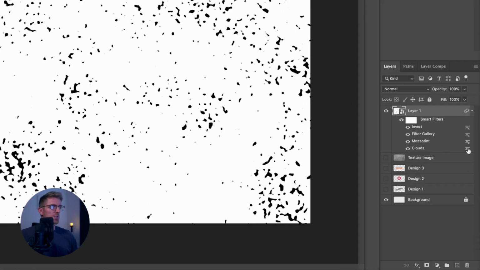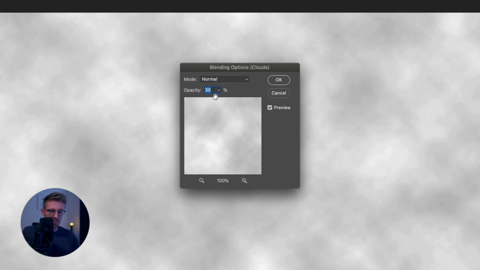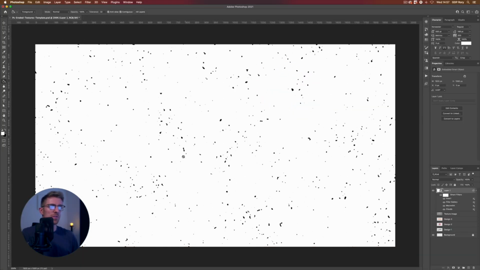I could go back into my clouds, for example, maybe take this down to 20%, take the contrast of these areas down a little bit more, and really you can fine tune these things to your heart's content. I'm quite happy with this as an example. So in your case, if you were creating this separately to build up a texture pack, for example, you could just export this as an image, a PNG for example, but I'm just going to go straight ahead and apply